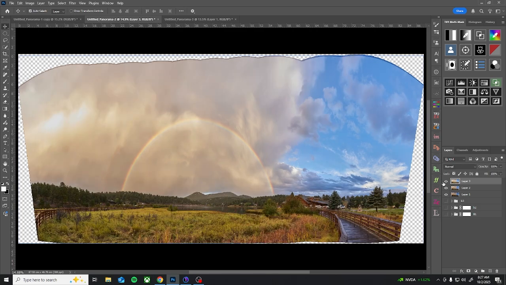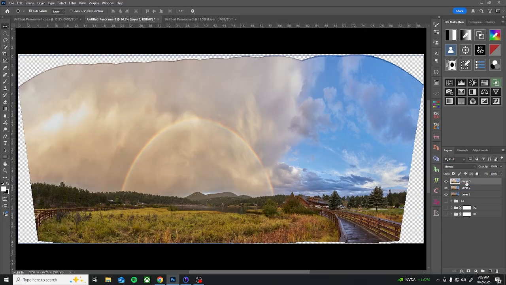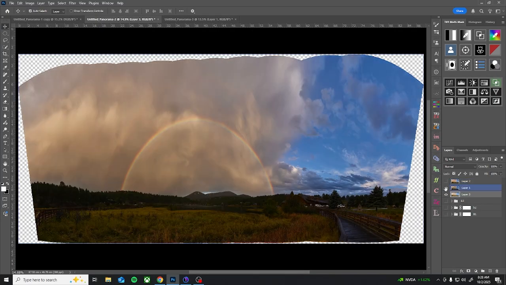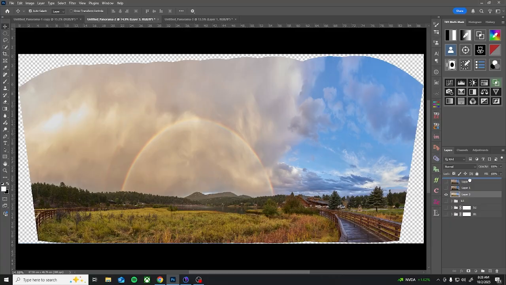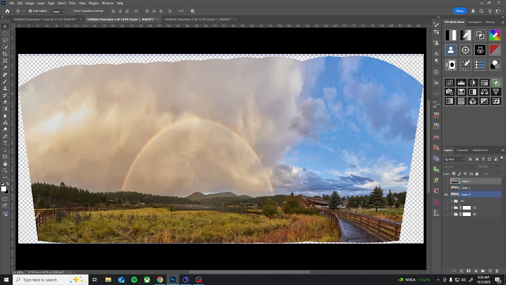There's a little bit of movement in the clouds because they're moving, because it's weather. And so what we'll do now is decide how do we want to blend this. So we know this is our third layer, so that's going to be our layer that we build off. So I like to start with the highlights. So what we're going to do is,